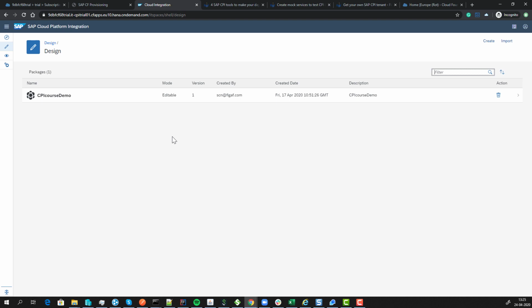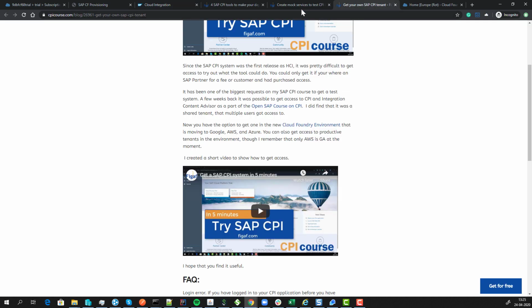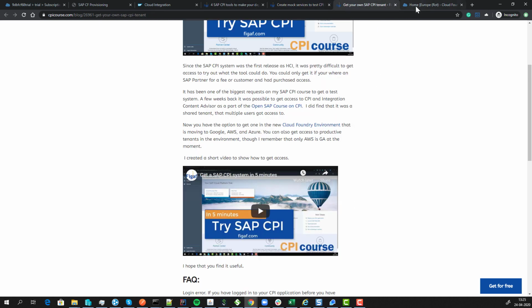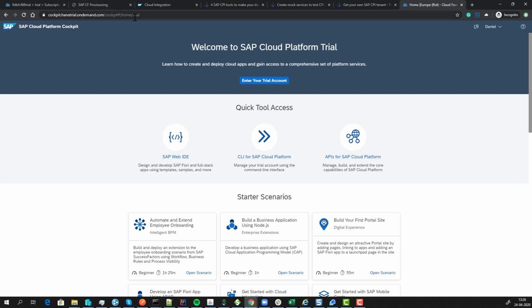So the first thing you need to do is go and create a new cloud instance. I have written a blog post about it. There's a link to it in the comments here. I guess it's this one. In basic, you go to HANA trial. You enter your trial account,